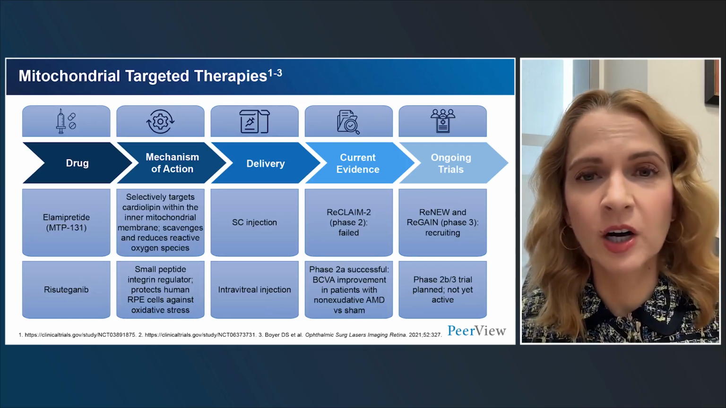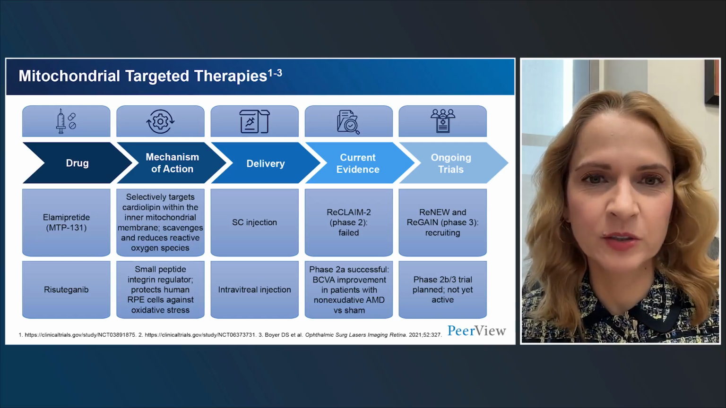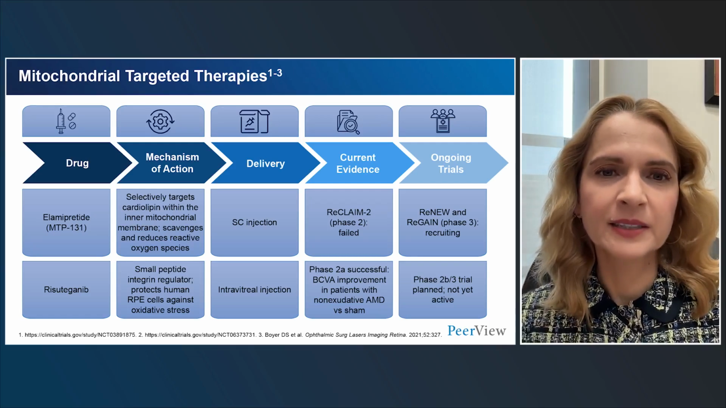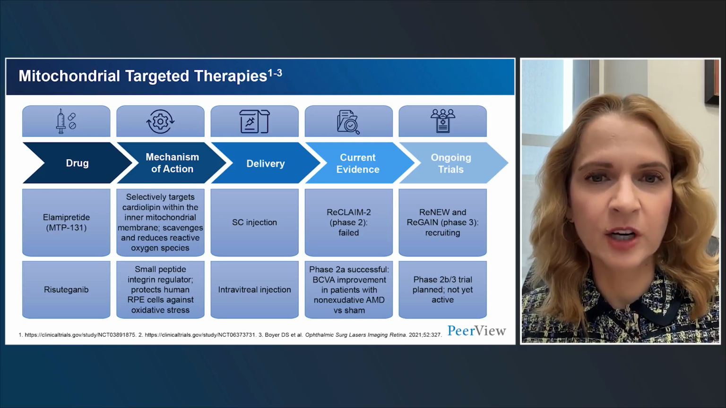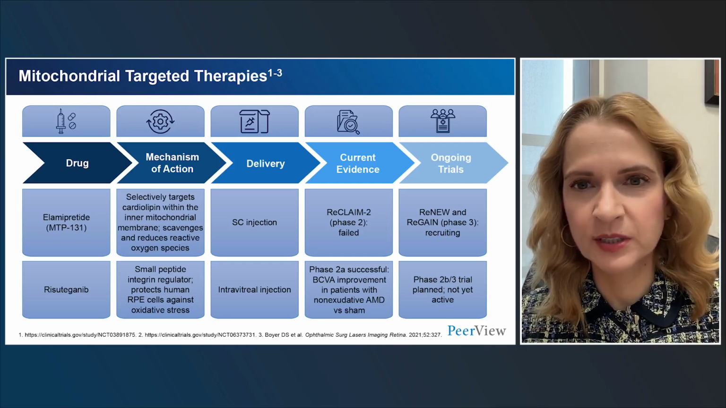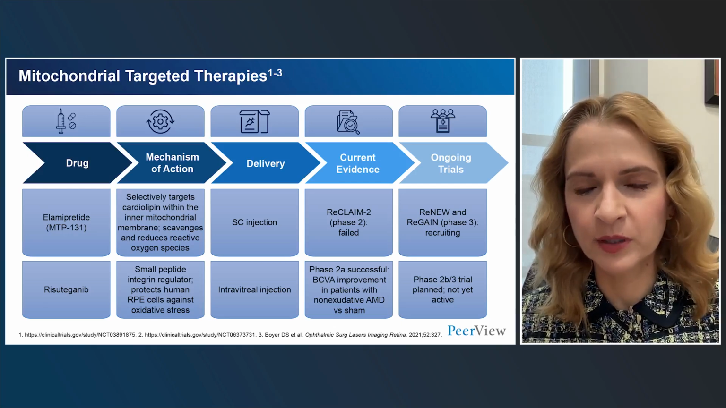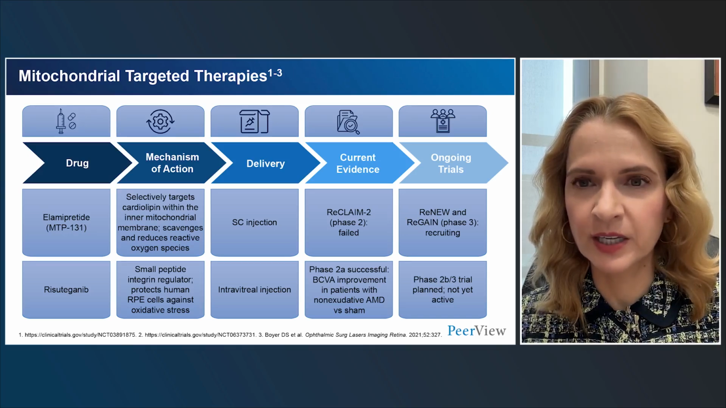Mitochondrial-targeted therapies address the oxidative stress that occurs in this disease. Elamipretide, or MTP-131, selectively targets cardiolipin within the inner mitochondrial membrane. It's administered via subcutaneous injection. It scavenges and reduces reactive oxidative species in the retina. The current evidence is based on the Reclaim 2 phase 2 study, and although this study failed based on the primary endpoint, it gathered a lot of important information about the patient characteristics and endpoints. As a result, this drug is currently being investigated in 2 phase 3 trials, Renew and Regain, that are currently